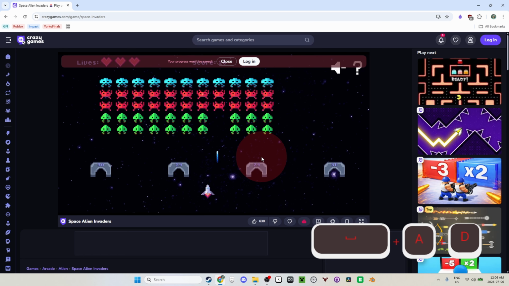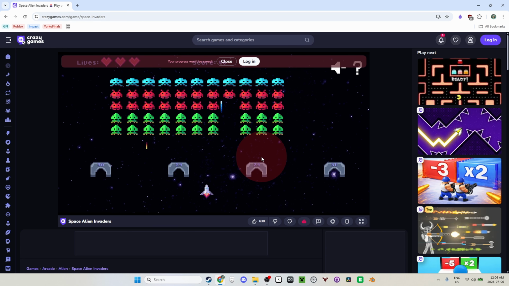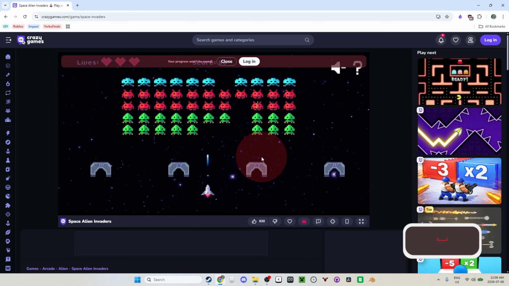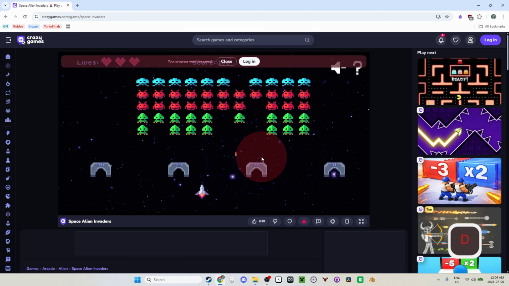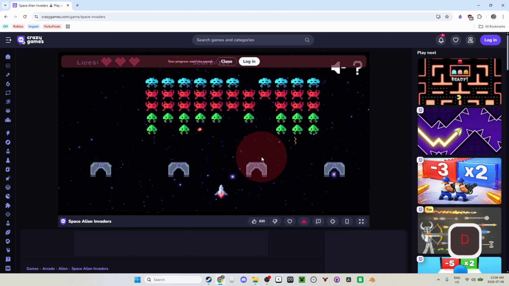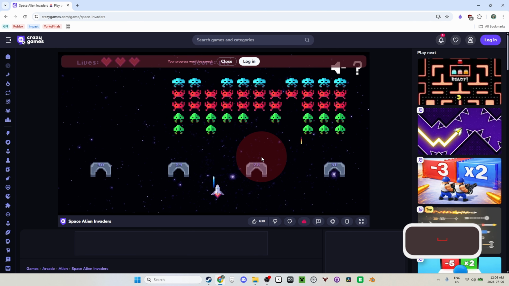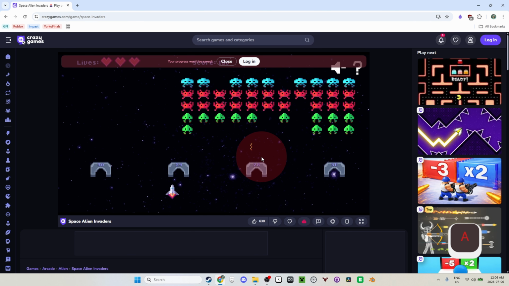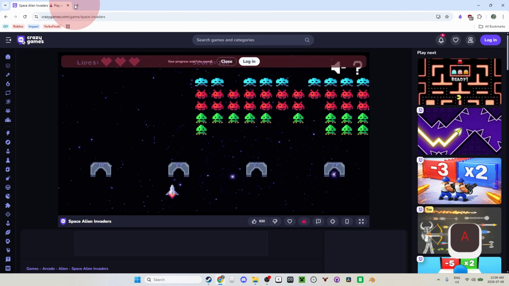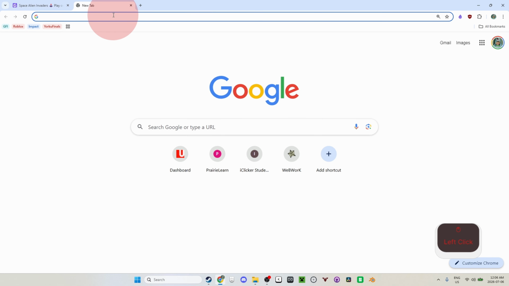So Space Invaders is a very old game about you shooting aliens in space to save the world. We're going to be programming this ourselves using Pygame and VS Code. So let's get started. The first thing we're going to do is open a new tab and